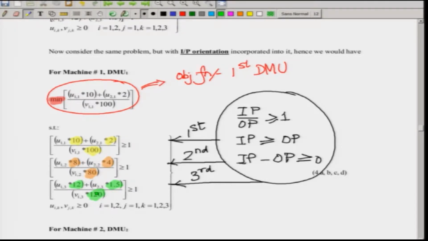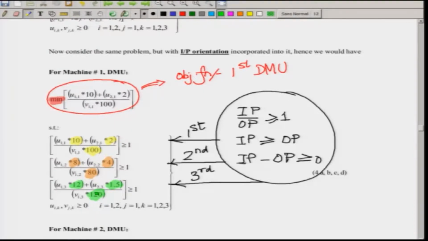or multiplicative factors being used for the inputs and the output, and the weights, which are u_ik and v_jk, where i is the number of inputs ranging from 1 to capital I, j is the number of outputs ranging from 1 to capital J, or m and n, whichever. I think we have taken m and n. So, m would be the number of inputs. So, i would range from 1 to capital M, j would range from 1 to capital N, and k, which is the number of DMUs, would range from 1 to capital K.